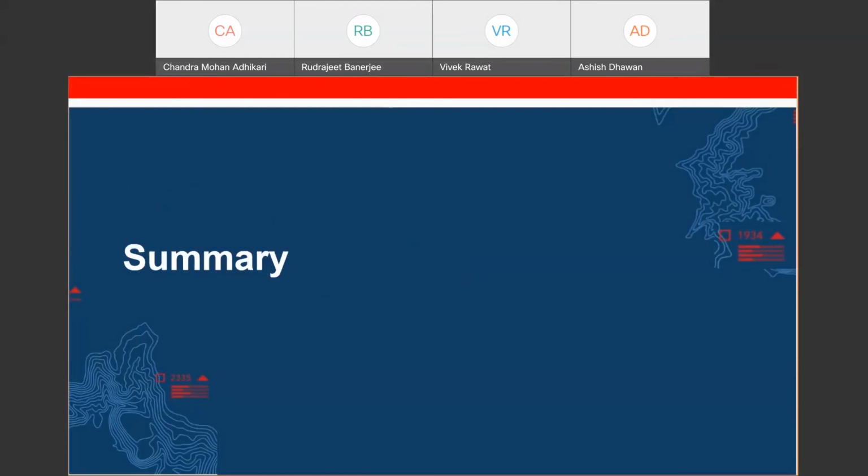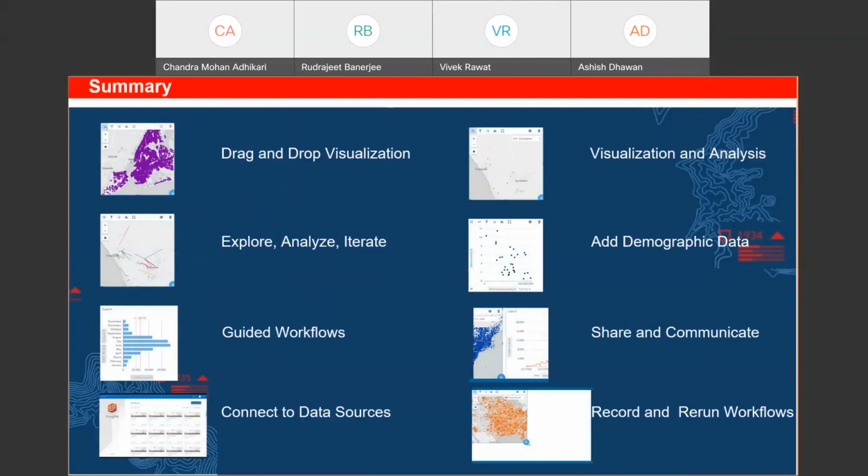Perfect. So Insights for ArcGIS is not just a traditional app, but a sandbox, or you can say a workbench, which provides you drag and drop visualization to explore the data, to analyze and visualize in different ways by creating cards and changing them at any point of time.